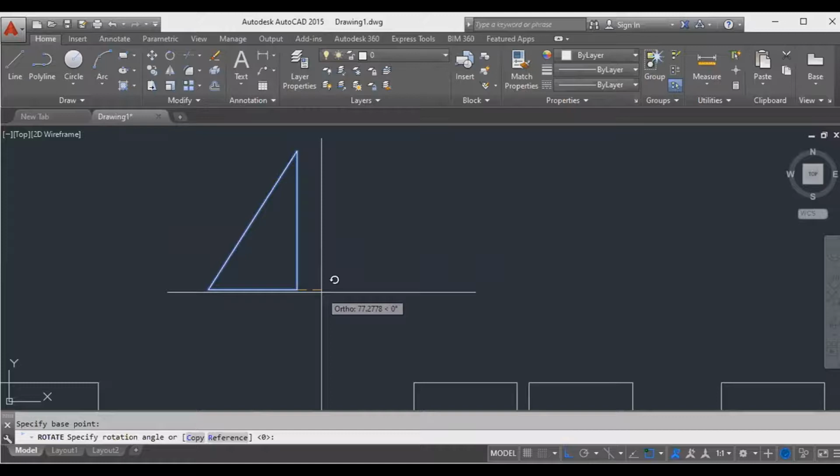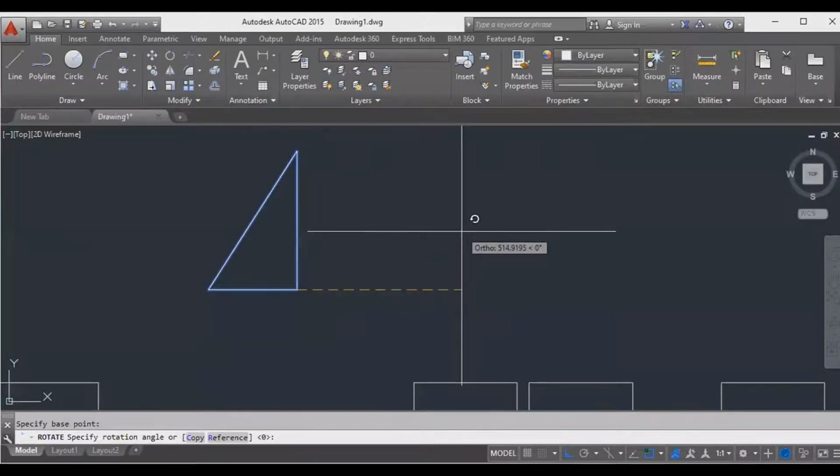What is the minimum degree and maximum degree of the direction? I think minimum is 45, maximum is 360. Good. Actually, the minimum direction is 1 and the maximum direction is 360. Okay? Direction starts from 0 to 360. 0 and 360 are the same. So 1 is the first angle and 360 is the last angle. Okay?